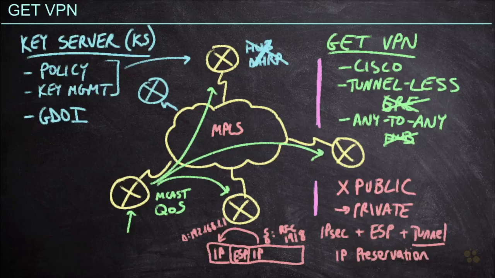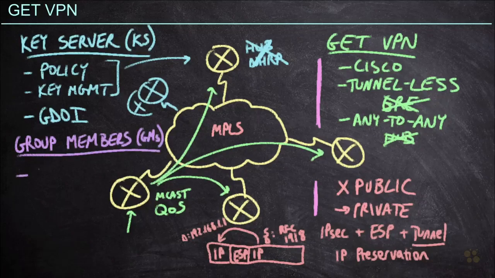So even though from a data plane perspective, we're not running hub and spoke, we do still have a node that is responsible for control plane information. As such, it's usually recommended that we deploy 2 of these for redundancy into the environment. Now, we mentioned before that the other routers in our environment are called group members, or GMs. Group members are going to reach out to the key server in order to get all the information that they need. This is primarily going to revolve around the security association and the keys